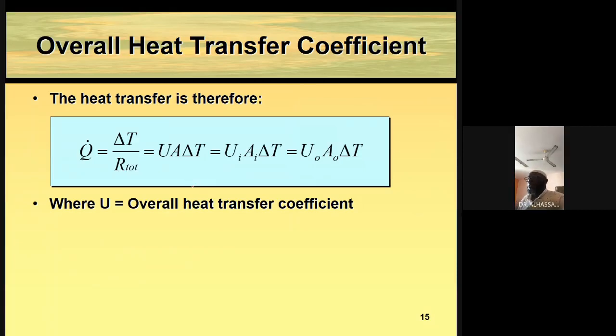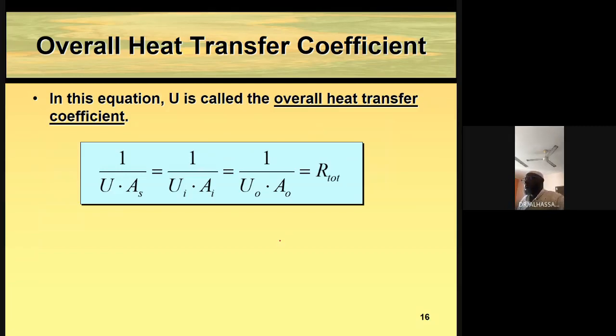Now, again, this equation can be written in this form, that Q equals UA delta T, and is equal to UI. UI is the overall heat transfer coefficient with respect to the inside. Okay, and UO is again the overall heat transfer coefficient with respect to the outer surface of the cylinder. Okay,